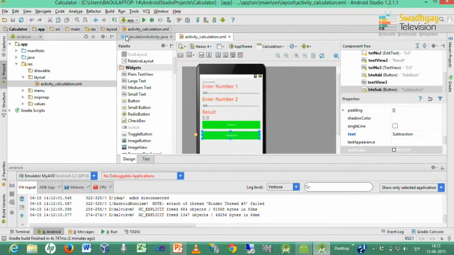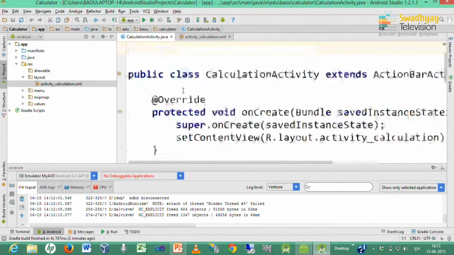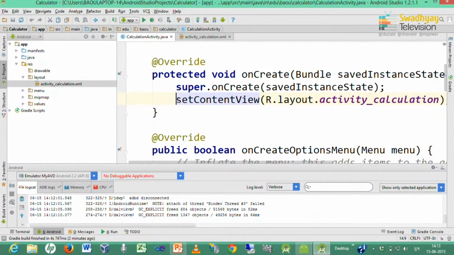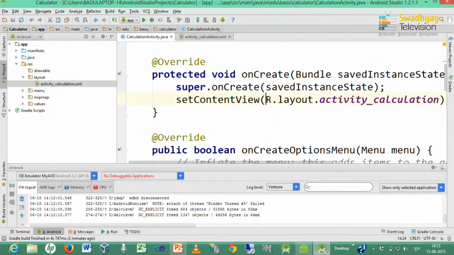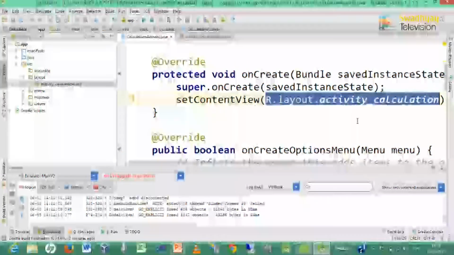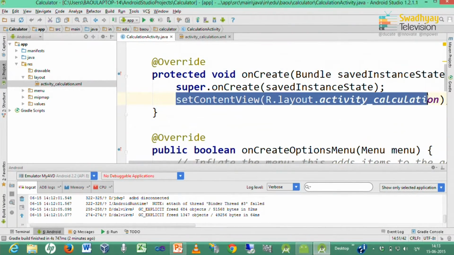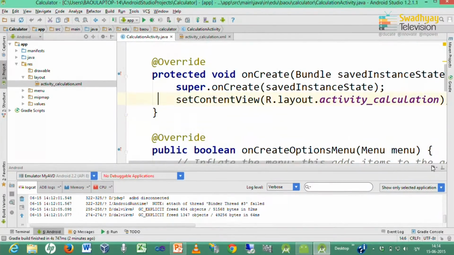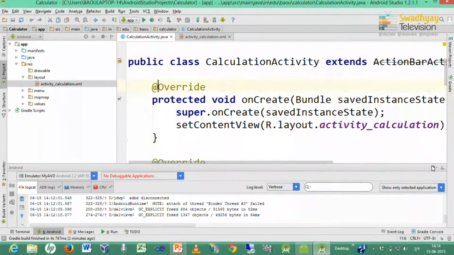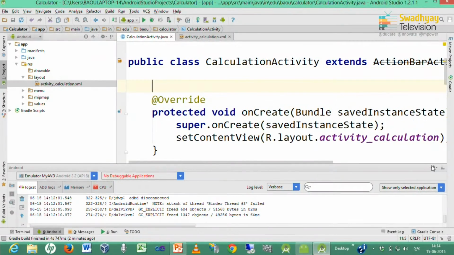Now, we go to the calculation activity.java file, and here it automatically displays our XML file as a layout or starting screen for our application. So, by specifying this, it will display this layout file.